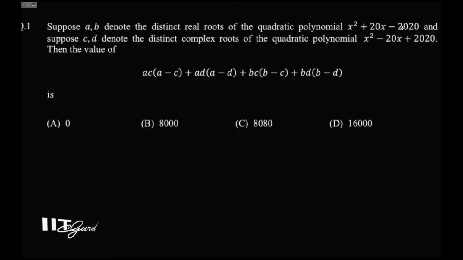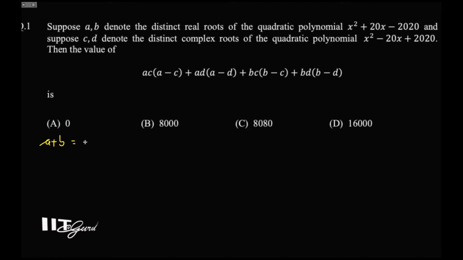A and B are the roots of one quadratic polynomial, and C and D are the complex roots of another quadratic polynomial, and we have to evaluate this expression. If you equate these two polynomials to 0 and get the relation between A, B and C, D, and then put these values in this expression, in this way you can get the result. So let's start. From the first equation, A plus B